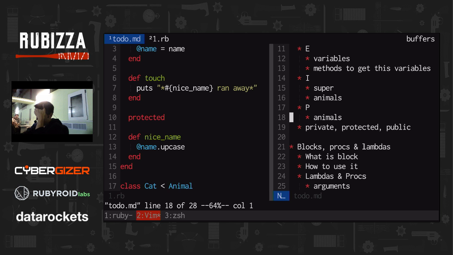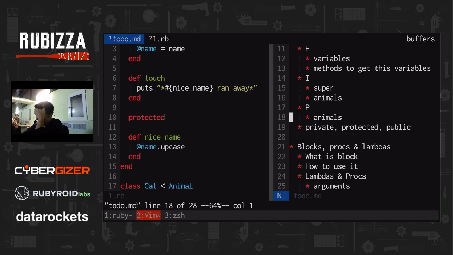For example, we can create a module Touchable. And Touchable has a touch method which does